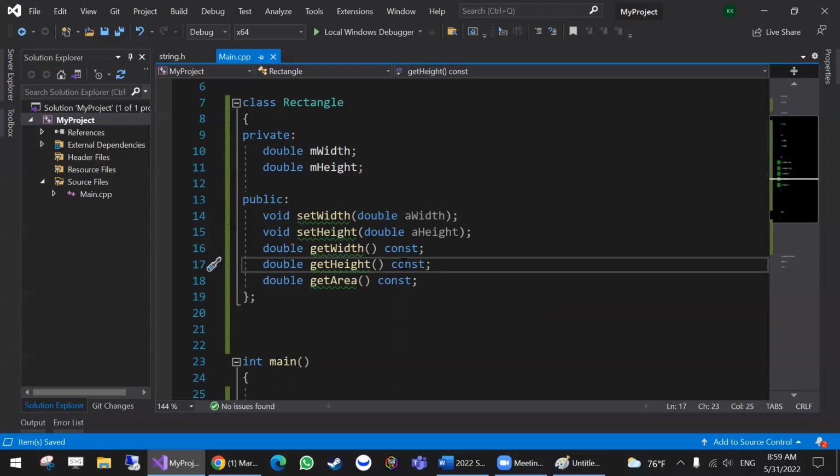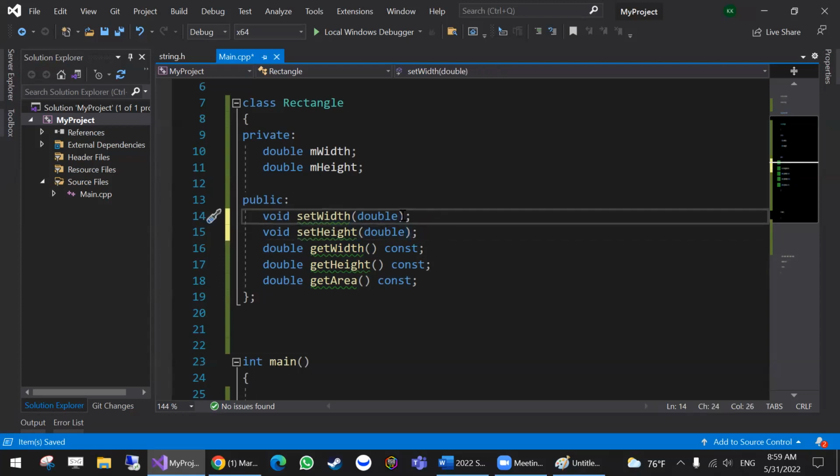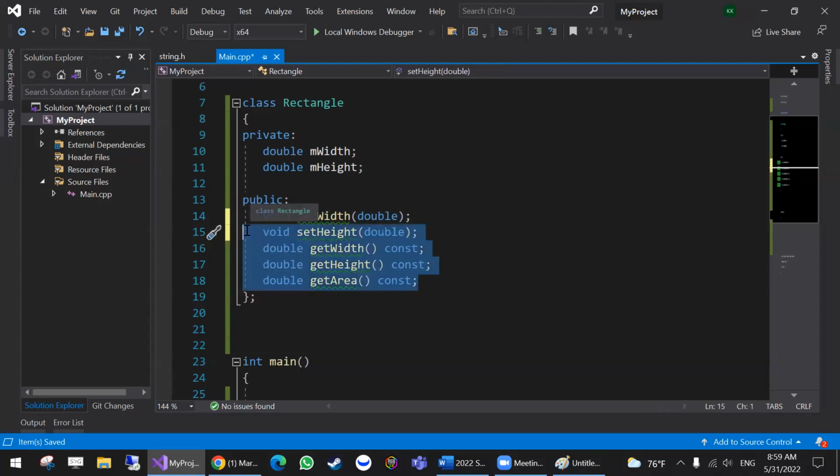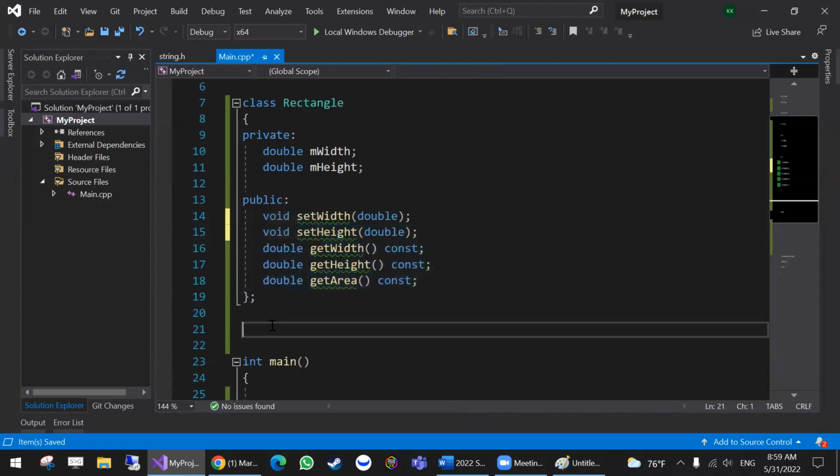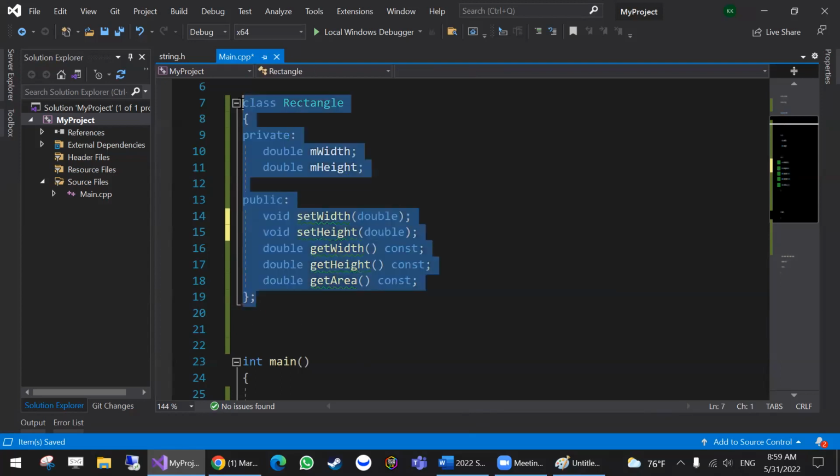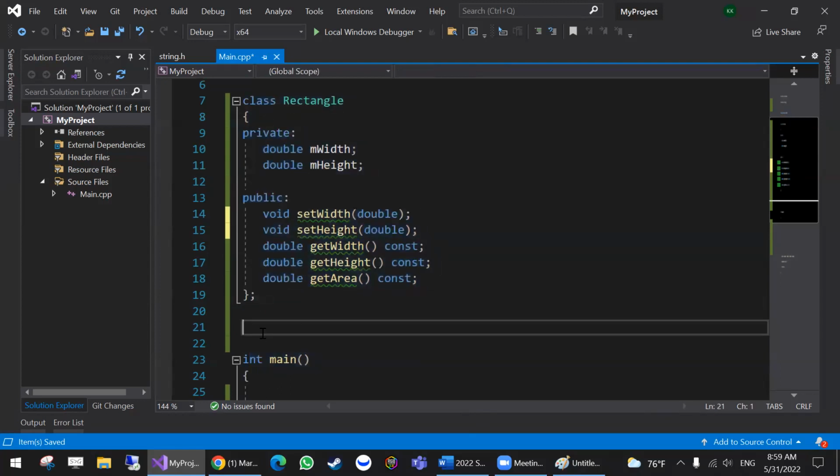Then we're going to go ahead and define the member functions. So basically, these are prototypes. You see how they look like prototypes? I could have omitted these names. So these are prototypes. Now I need to provide their functionality, or their body. And this happens outside. So this is one scope, this is another scope. At the same level as the class, I can say, hey compiler, I need to define a void method, and it is related to the Rectangle